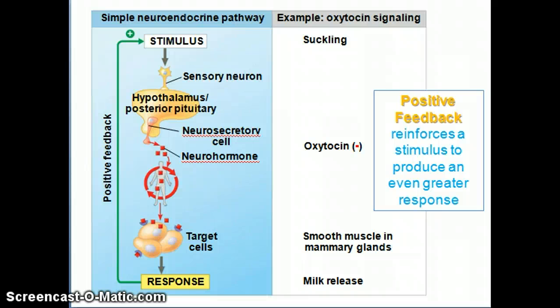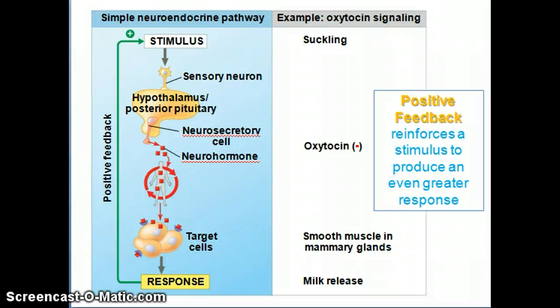So, but before we do that, we should take a look at positive feedback. And again, there aren't very many examples of this. Most feedback loops within the body are negative. But the one here we have as a simple neuroendocrine pathway is using